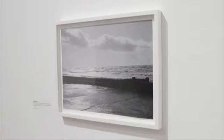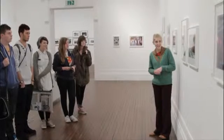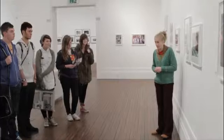It's an exhibition that celebrates our centenary at the gallery, and we really wanted to be able to work with as many groups as possible to explore different types of photography, different reasons for taking photographs as well. And we work with this group today so they can really get an idea of why you take a photograph